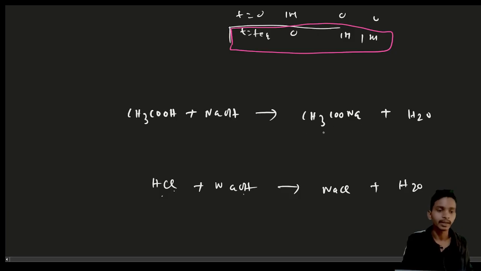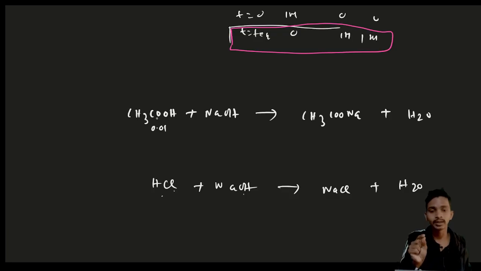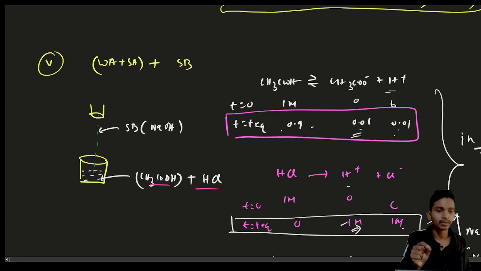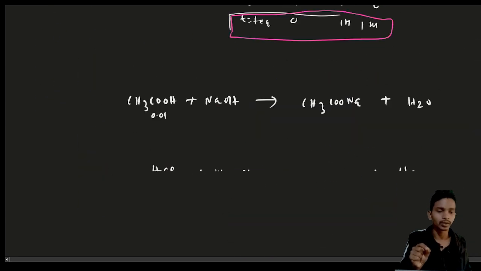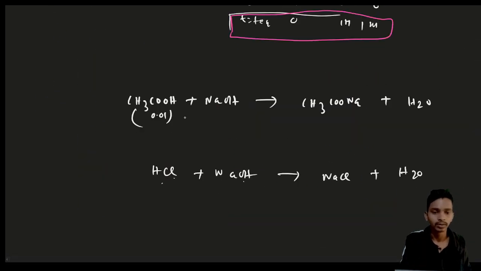But whenever this reacts, then this is present 0.01, because I am taking H plus and CH3CO minus. This actually means this is the actual value, so that's why I am putting this value. This 1 molar will react, and this will form 0.01 of this one. And this CH3CO minus is a strong electrolyte, so it dissociates